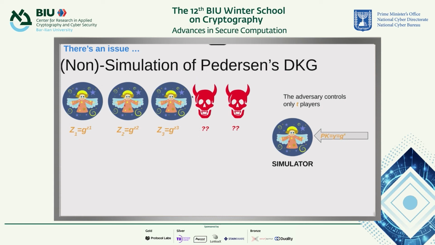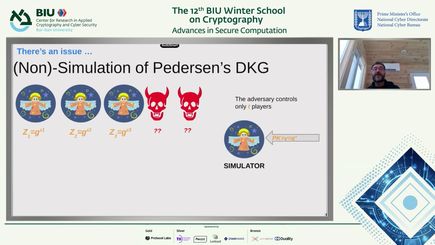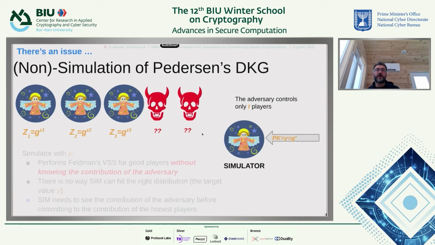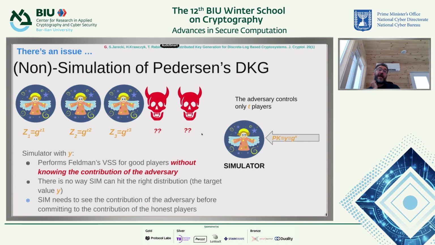and the simulator has no idea what the adversary is going to do. Remember, when we simulated Feldman, we gave the adversary, as a dealer, their shares, so we were able to simulate these guys. But now each player is playing the dealer in Feldman. And so when the simulator puts out its values, it has no idea what the adversary values are going to be. And there is no way that the simulator can hit the right distribution. There's no way that the simulator can hit that target Y,